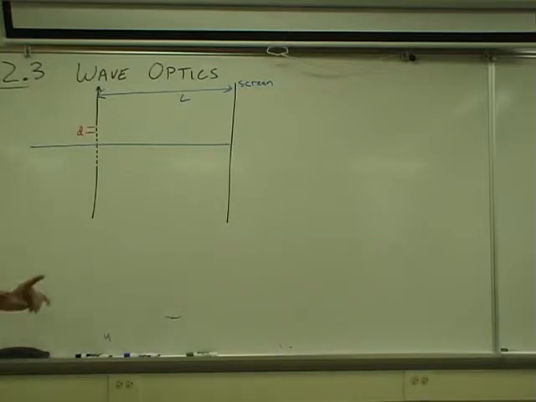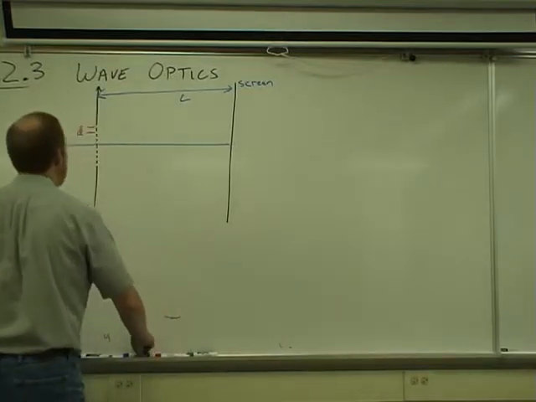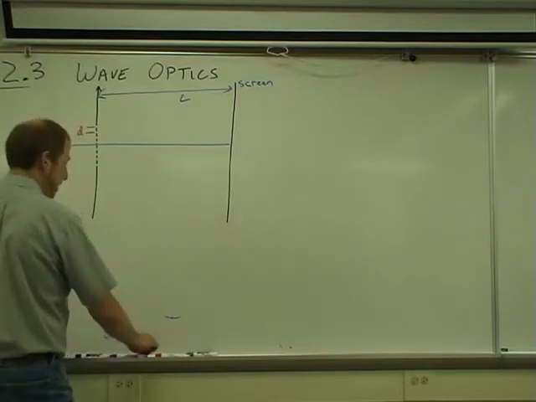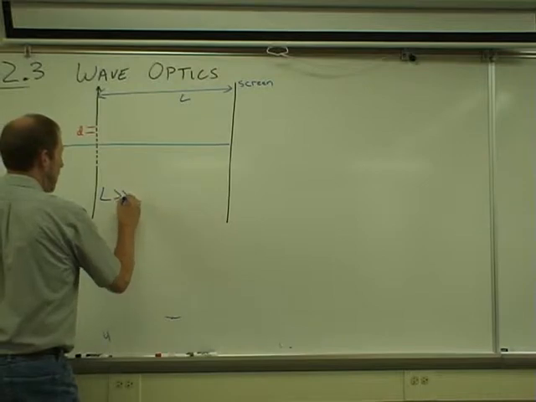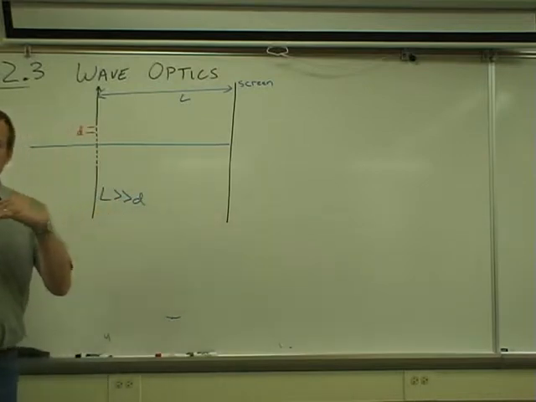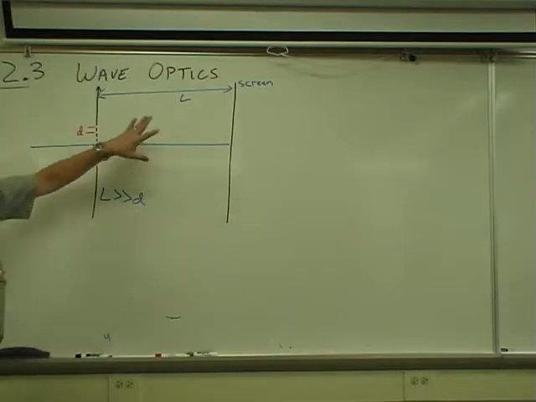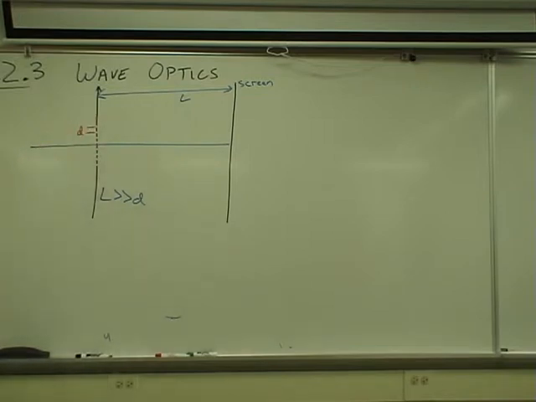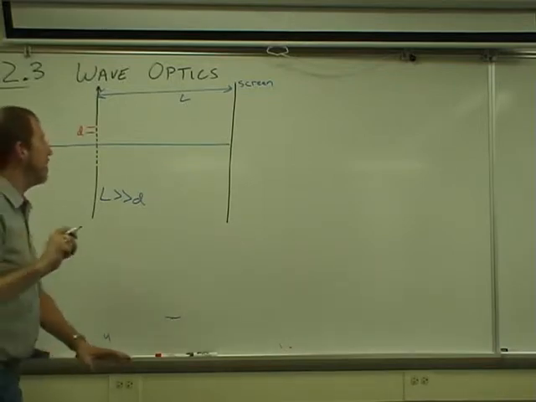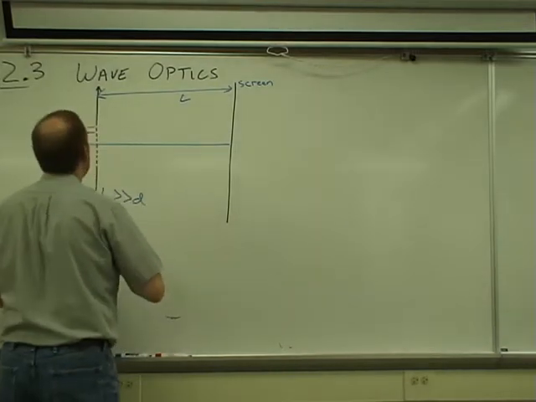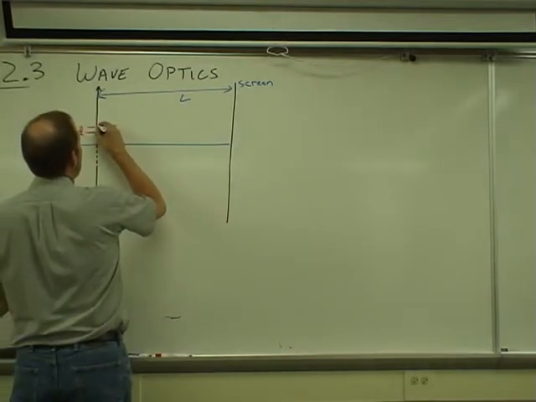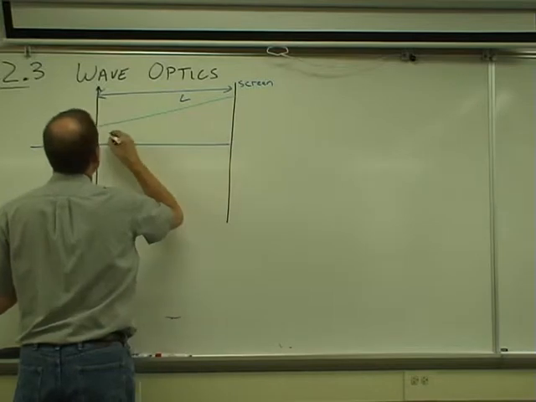Now, since I've got the case like before where the distance to the screen is much larger than the separation between these slits, then I hope that you can see why the diffraction grating makes sense to come right after the double slit, because if I am looking at some point